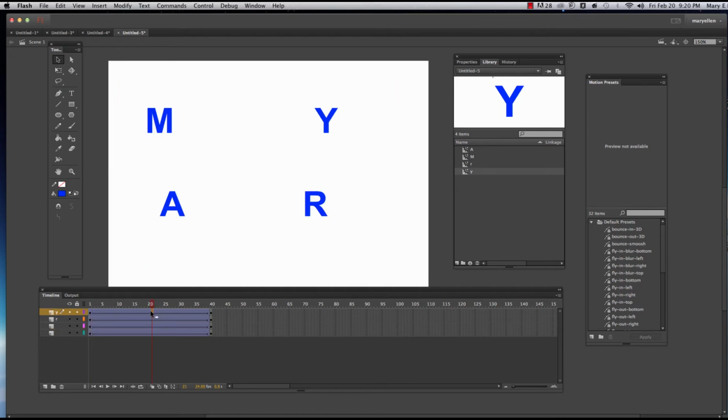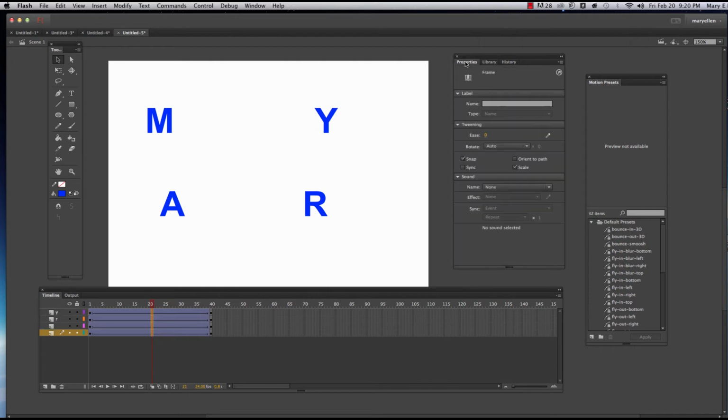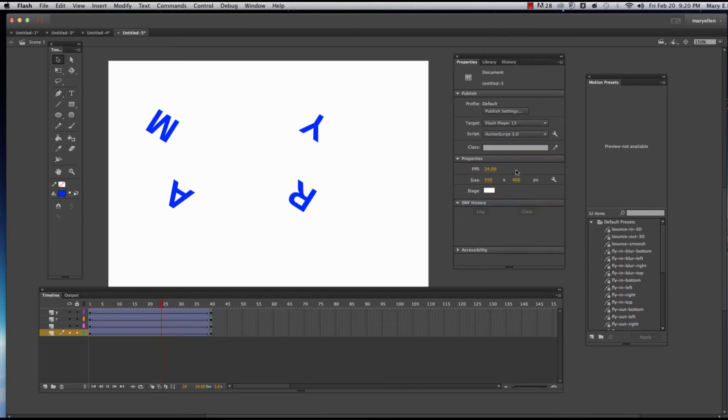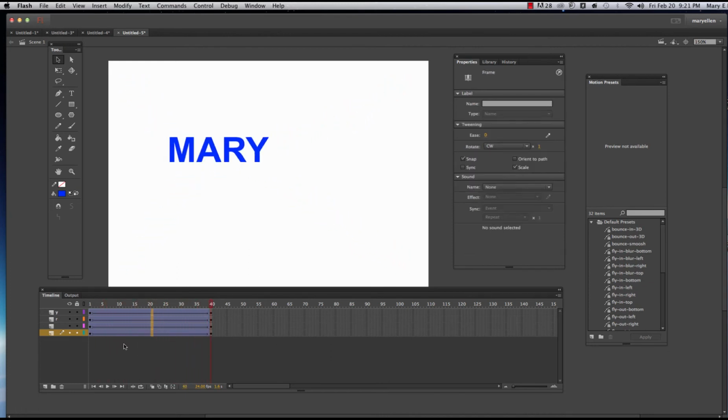I can put a rotation on all of them if I want, just by selecting them with the Shift key. Make sure you're at the Properties panel, and you can put a rotation on them all. Hit the Return key, and they're all going to end up where you want. At the first keyframe,